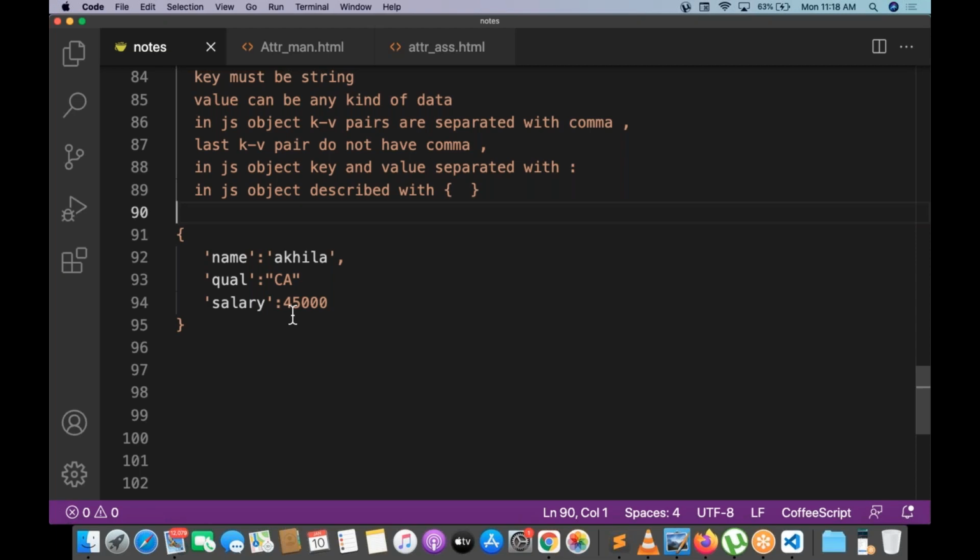API is nothing but some sort of request, some sort of response. If you want to give a request, you need to send it with JSON. And if you want to take the response, go with JSON. Everywhere JSON is available. Ajax, in jQuery Ajax is there. HTTP, REST API.